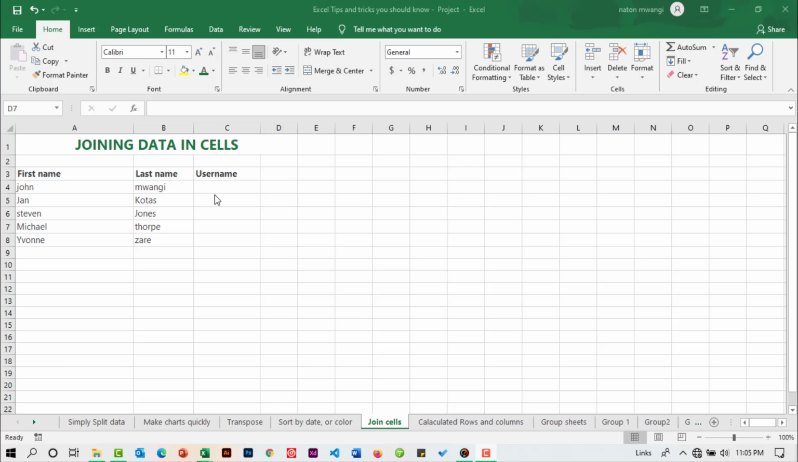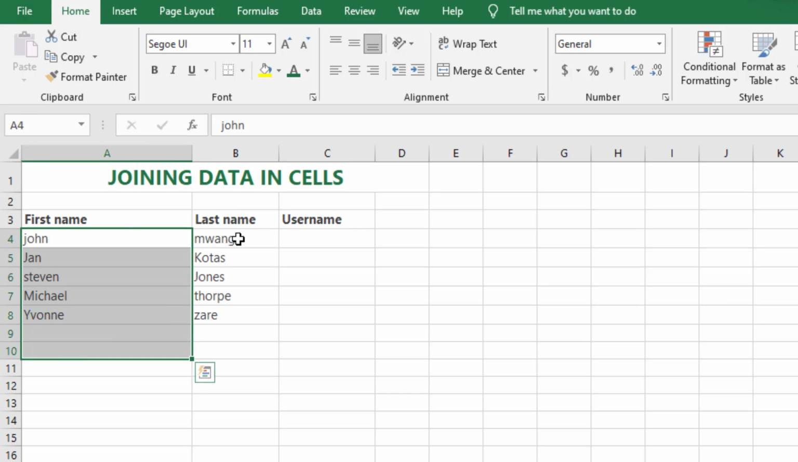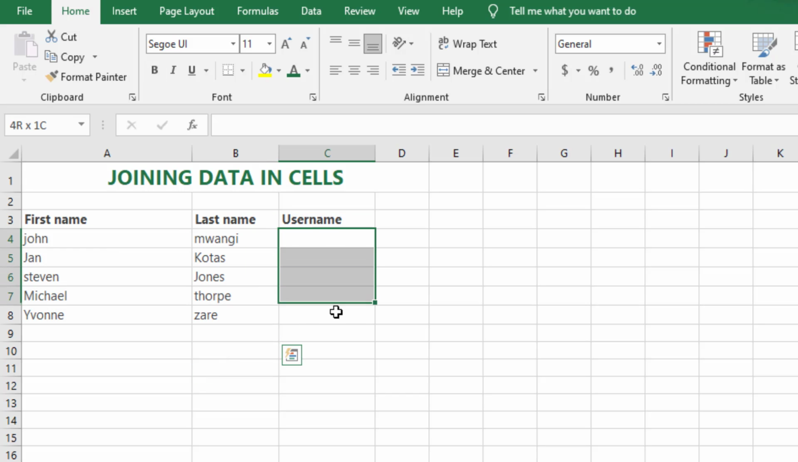Well, previously I showed you how you can separate records stuck in one column into several columns. But in this tip, I want to show you how you can do the reverse. How you can have records in two columns being filled in one column. Like in this case where I have the first name, the last name and the username. So you notice that I already have the first names and the last names,